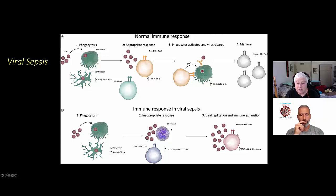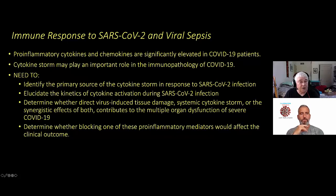Just came out that indicates and shows some evidence that there's a two-pronged response. You not only have this cytokine storm, but at some point, parts of the immune response have actually become so dysregulated, they're actually turned off. So this, the immune response, this viral sepsis hypothesis